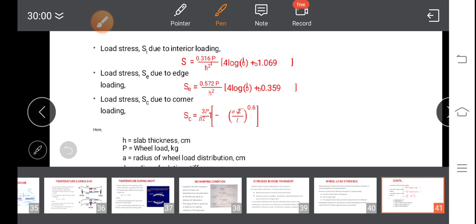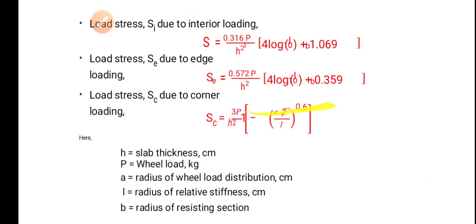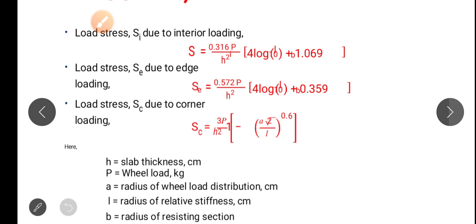Load stresses. I will zoom this. These are the theoretical formulae given by Westergaard for evaluating the wheel load stresses. Interior loading stress, Si, is 0.316 P divided by H squared, whole multiplied by 4 log base 10 of (L by B) plus 1.069. Edge loading stress, Se, is equal to 0.572 P divided by H squared, multiplied by 4 log base 10 of (L by B) plus 0.359. Corner loading stress is 3P by H squared, whole multiplied by 1 minus (A root 2 by L)